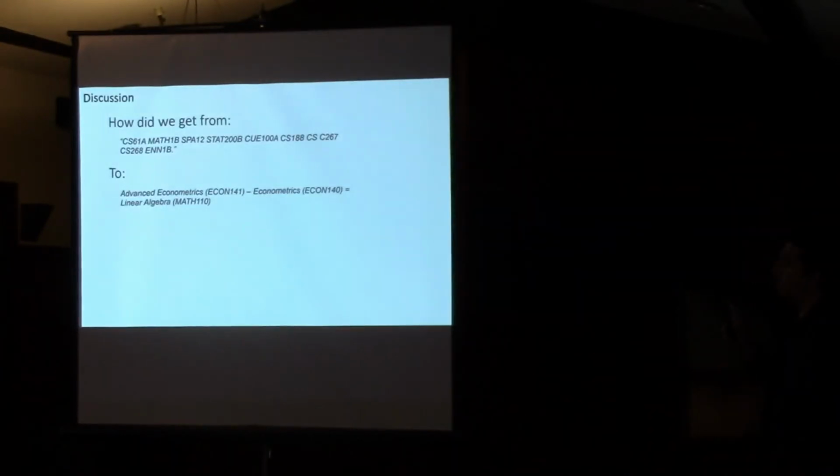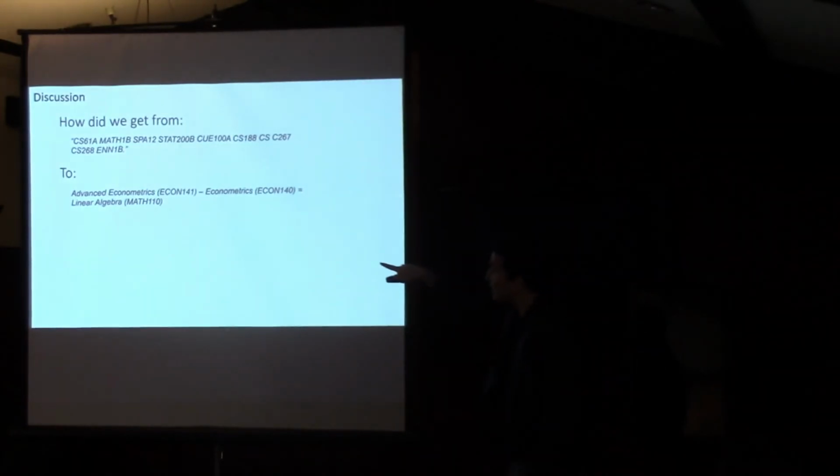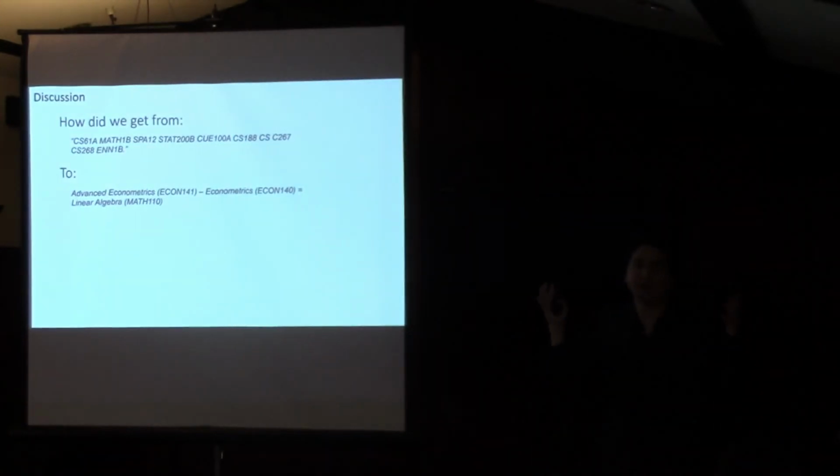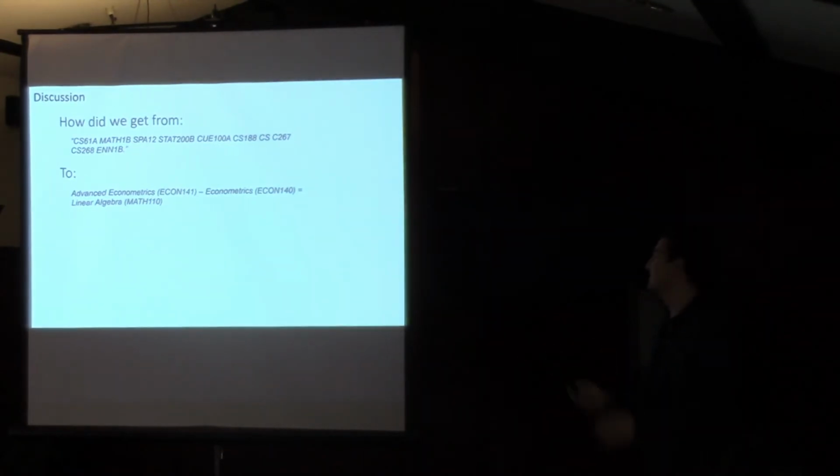Okay, so how did we go from just sequences of course enrollments? That's it. Just sequences of course enrollments to this rich, logical, semantic manipulation where we can say things like the difference between these 2 courses is linear algebra, the concept of linear algebra. How does that happen? I'm asking you.